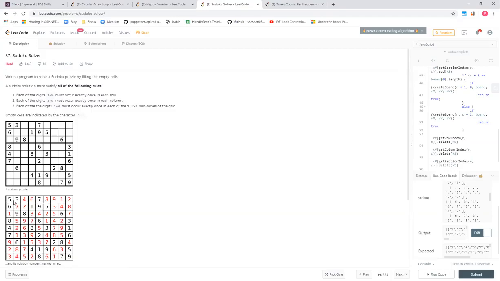It is a valid Sudoku. For those who don't know Sudoku, the valid state for Sudoku is that in each of the rows, all of the numbers are unique, which means every number from 1 to 9 is placed only once. In all of the columns, they are placed only once. And in each small 3 by 3 box, all numbers should be unique, right? So suppose this is a solution, you'll find 1, 2, 3, 4, 5, 6, 7, 8 only once, and the same combination for the corresponding rows and columns will also be valid.